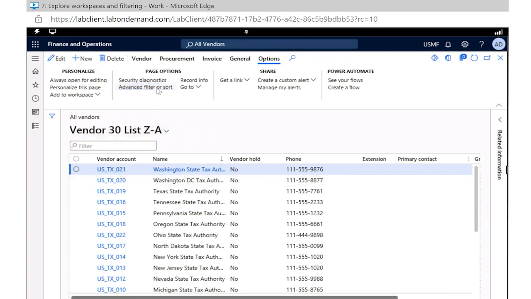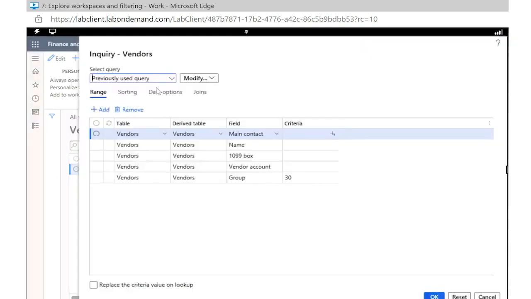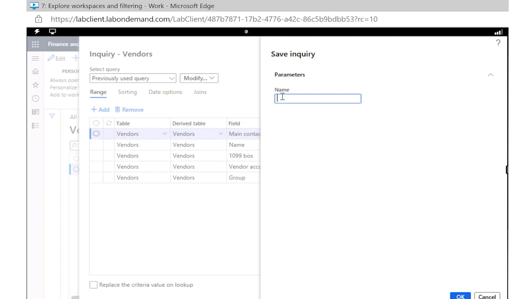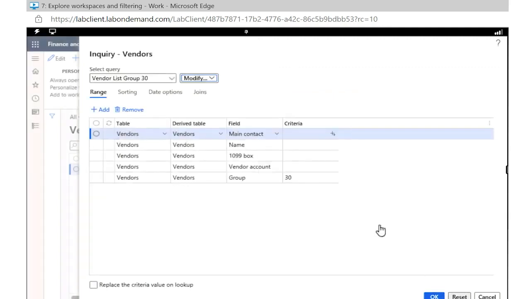And if I wanted to do any type of advanced filter and sort, it's going to pull up my originally used query. So you can see I have all of the different columns that I want, and I have my criteria of 30 set here. Now, if I wanted to, I could save this query as a search. So let's say I didn't save the view, but it's a query that I'm running all the time. I can say that this is my vendor list, group 30. And I've now saved it, and if I click OK,